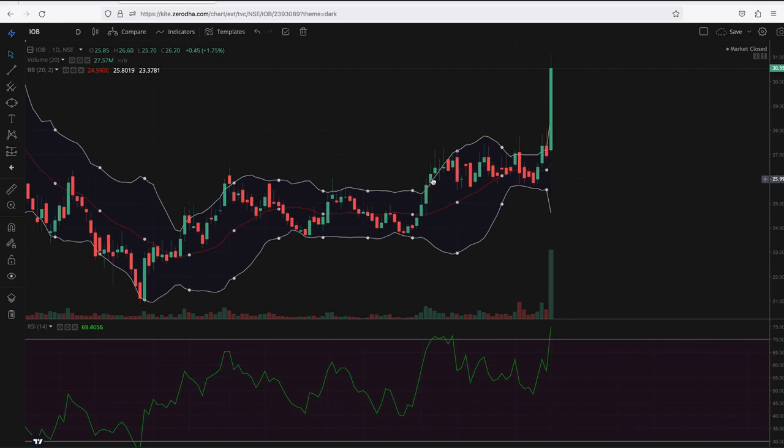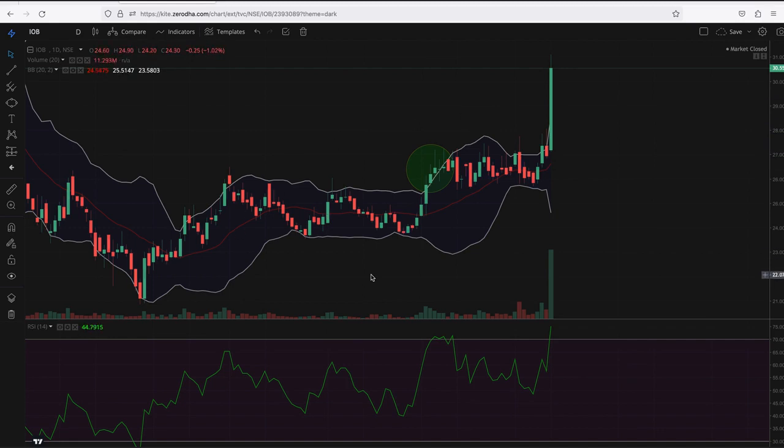Here you can see the candle gave the breakout above the Bollinger Band, and you can see they have made a strong momentum above the Bollinger Band. We have to target such types of momentum in the candlestick charts. So this will be our target, and you can see it's a daily chart. It almost created 4 days of momentum here. Also, the candle has given the breakout above the Bollinger Band, and the second candle will be our target, our entry point actually.